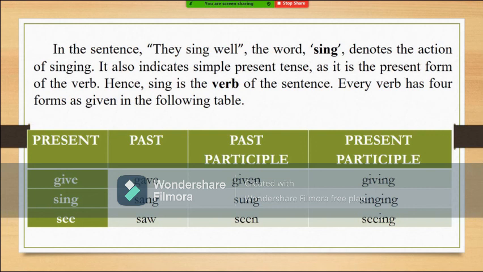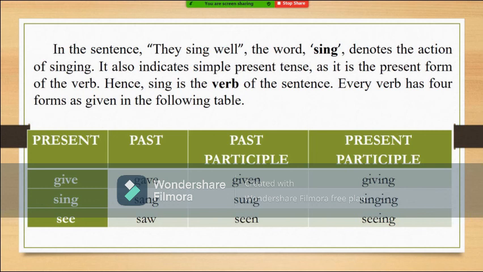Here, the word sing denotes the action of singing, and also it is the present form of a verb. So, if it is a present form of a verb, it is simple present tense. So, it indicates a tense, and it also denotes an action. So, it can be called the verb. It is the verb. And every verb in English has 4 forms: present form, past form, past participle, and present